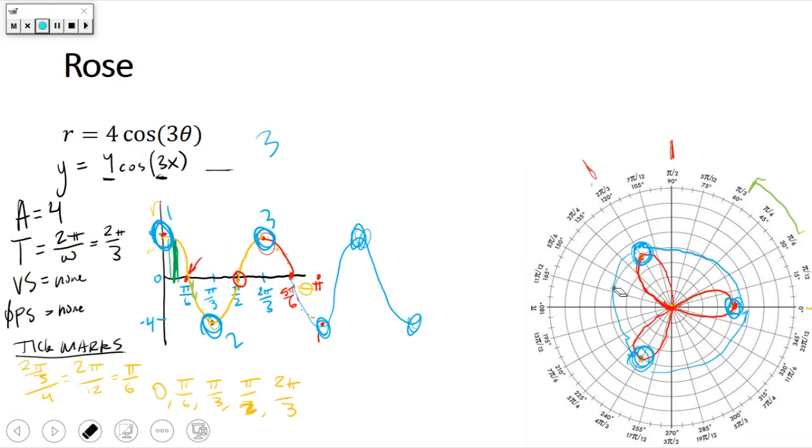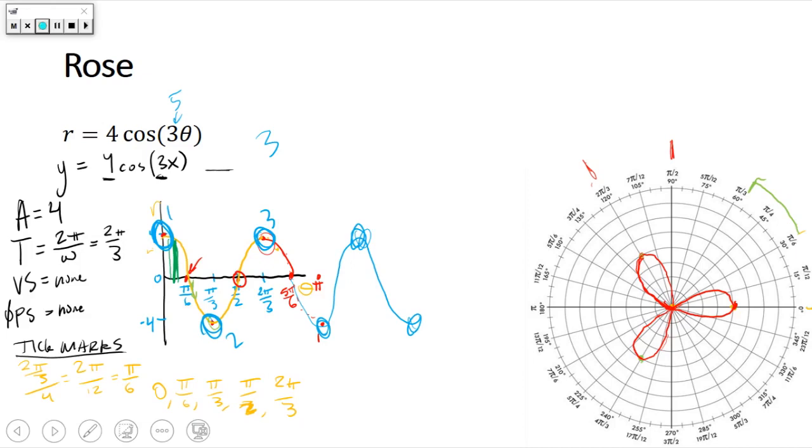Sometimes you'll have much uglier looking numbers, especially if there's a 5 right here. It gets pretty nasty because that's no longer a common angle that you can just easily plot on a standard polar coordinate system. But anyway, that's it. Now, the one last thing I wanted to show you real quick is a visualization of